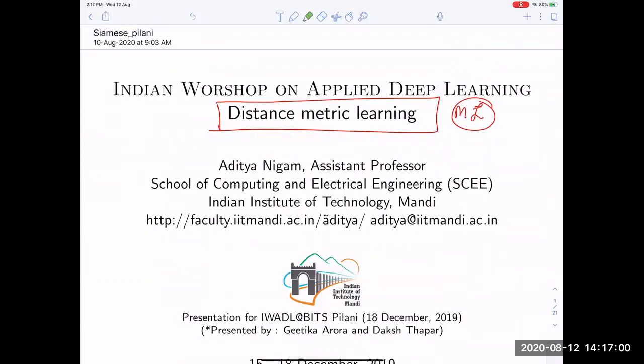Our goal is to talk about distance metric learning, in which instead of learning discriminative features, the objective is slightly different. It's going to learn the best possible features by which you can differentiate given two images. You have to find out how you can see two images so that you can differentiate between any pair of two images.